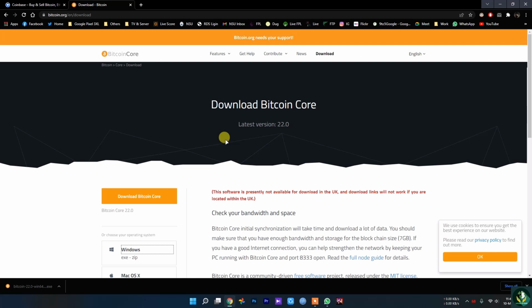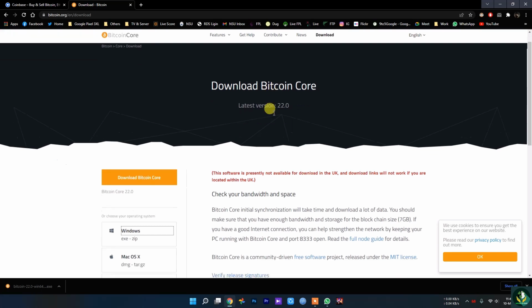The tagline is telling you that it helps you keep Bitcoin decentralized, which is the reason why it was created.